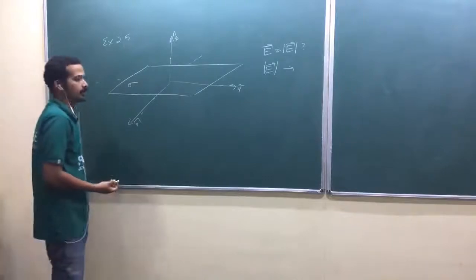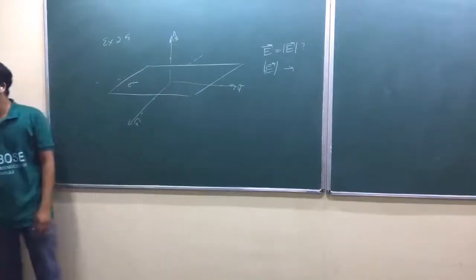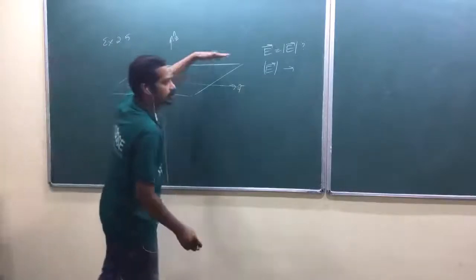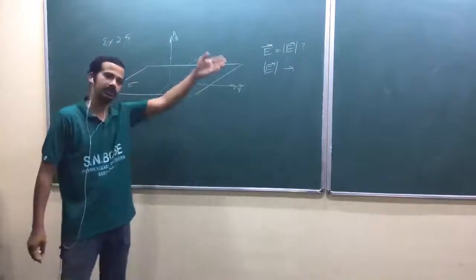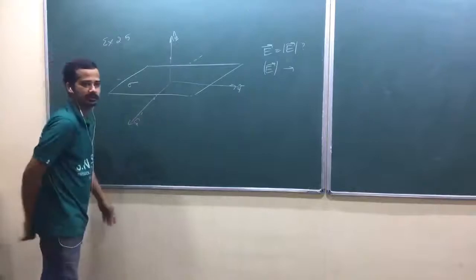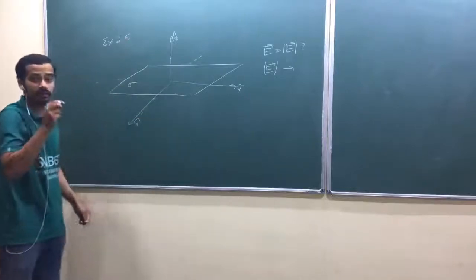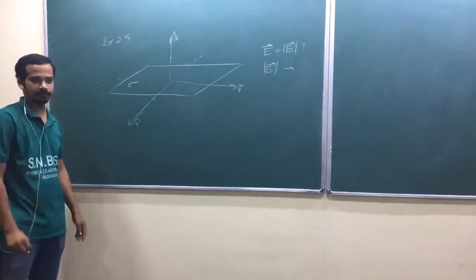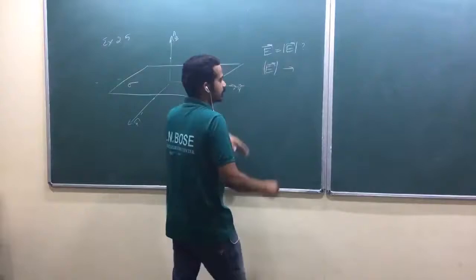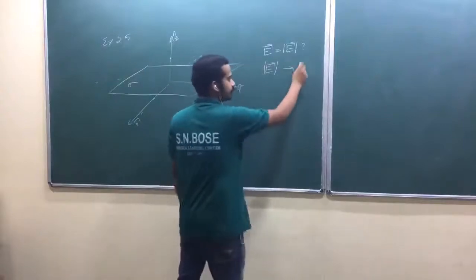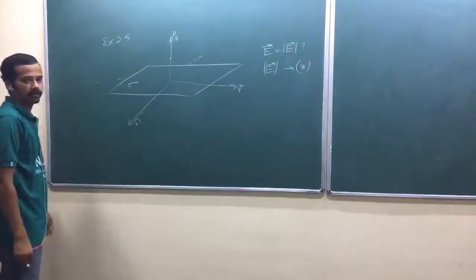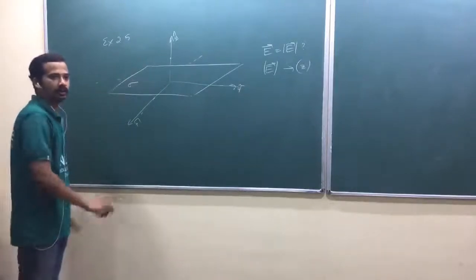Just read again; I think in the conservation laws in classical mechanics we discussed a similar thing. When you move along the y-axis, you will not feel any difference. Why? It is infinite in that extent, and in this extent. When you move along the x-axis, you will not feel any difference. But when you move along the z-axis, now you are moving away from the charge distribution. If the electric field is a function of any coordinate, then it should be a function of z only. It should never be a function of y or x.